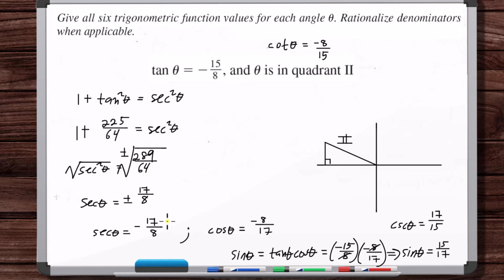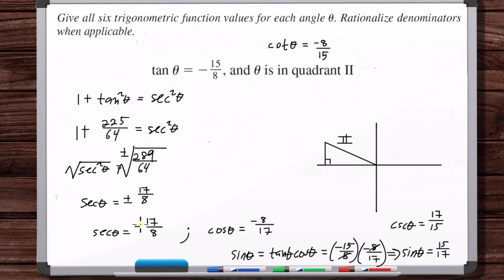Now notice, we could have also done this once we had secant, for example, that's hypotenuse over adjacent. We could have put 17 for the hypotenuse and minus 8, and then just used the Pythagorean theorem to solve for the other side, and that would have worked fine because it's all ratios. We can't just have one trig function. And now we can get all the other trig functions unless we have at least some information about the quadrant,